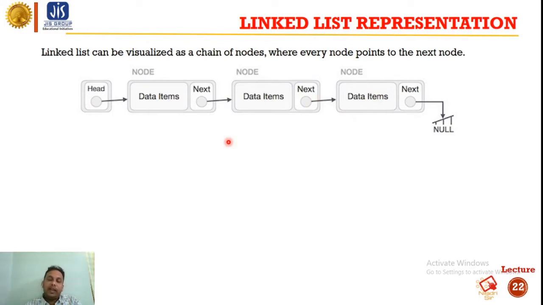I am giving you a real life example of a linked list. Suppose you are a student of college, and somehow you and your friends have decided not to go to college for a day. So where will you go? You will go to a movie hall to watch a new movie of Rajnikant.